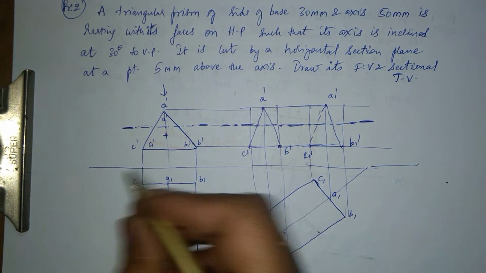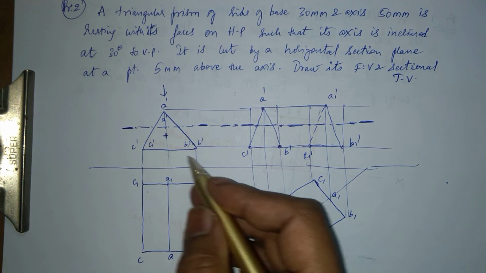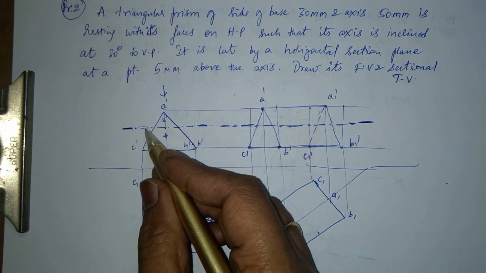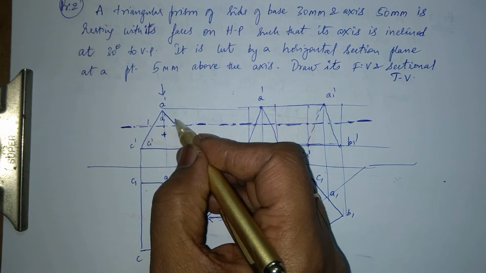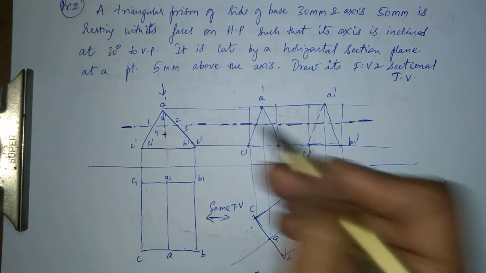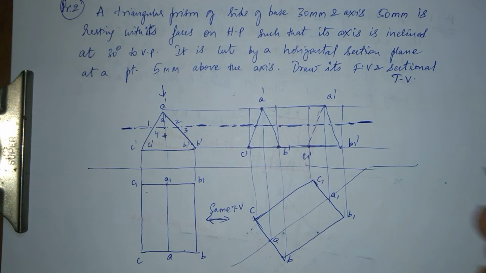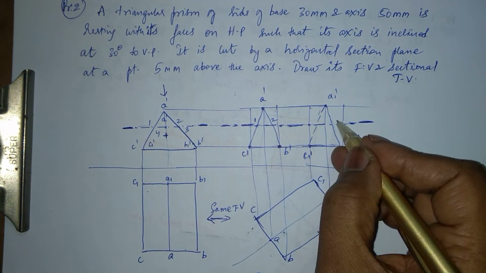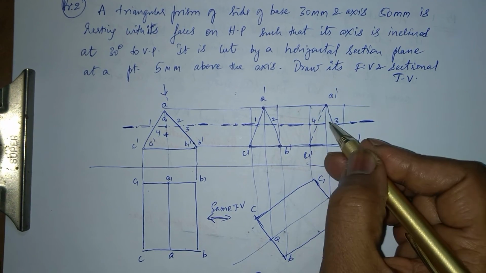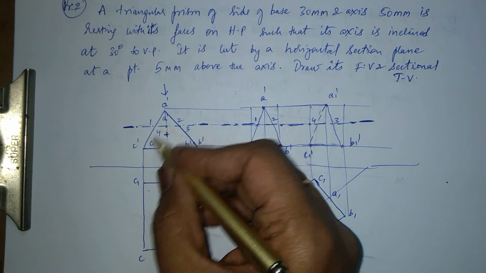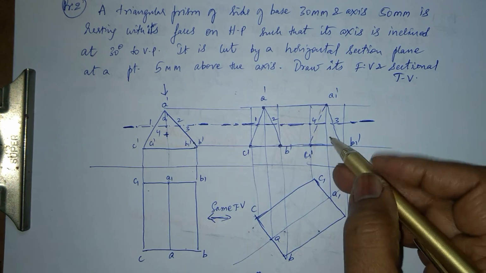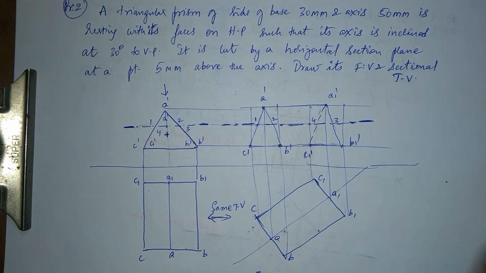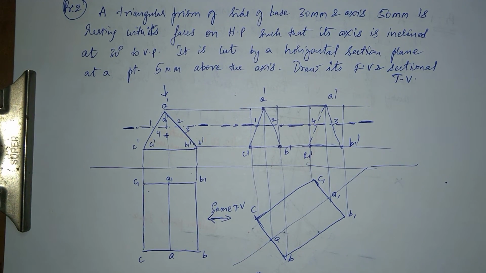So now if I have to do the numbering, how do I do the numbering? If I do the same here also, it doesn't matter. So A, B, so this is 1, 2, 3 and 4. This is what it is. Alright, so now I will say 1 here, 2 here, 3 here, and 4 here. Alright, 4 is on the A1, C1 line and this A1 line. So now I got all my points right.